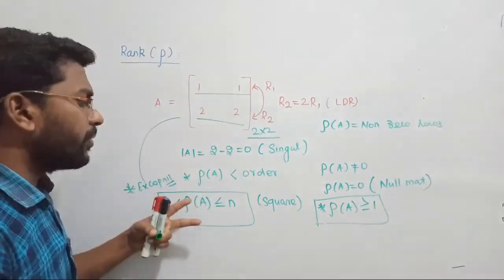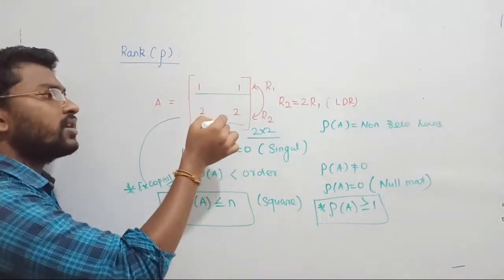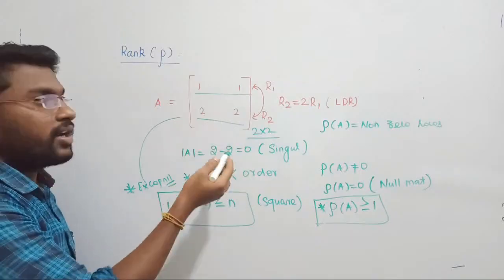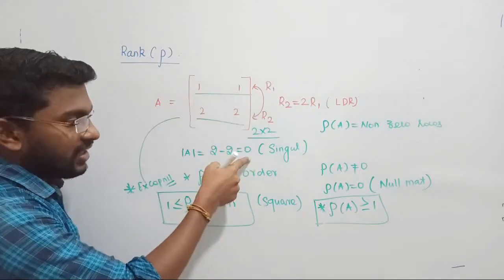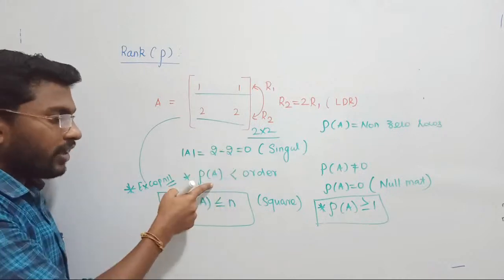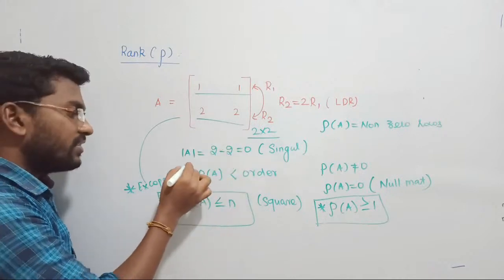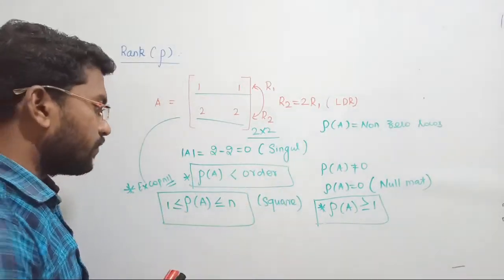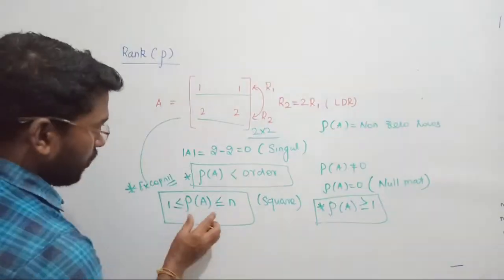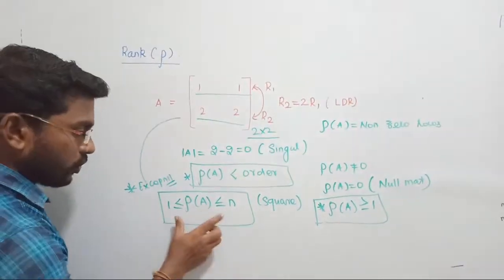So these 2 selected rows, whether they are linearly dependent on each other or not, that is all. If they are dependent, the result will be a singular matrix. Then your rank will reduce to less than the order of the matrix. Clear? So the conclusion is what, I am saying that for a square matrix except null, the rank of a square matrix